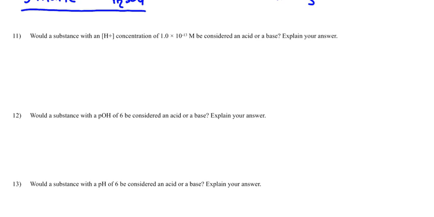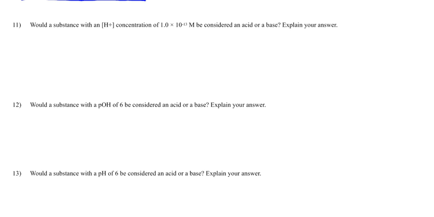Next up, would a substance with an H plus concentration of 1 × 10⁻13th molar be considered an acid or a base? Okay, so first off, we're going to go back and we're going to calculate pH again. So pH is equal to negative log, and our concentration is going to be 1.0 × 10⁻13th power, which gives us a pH of 13. So the way you can explain it is this is going to actually have to be a base